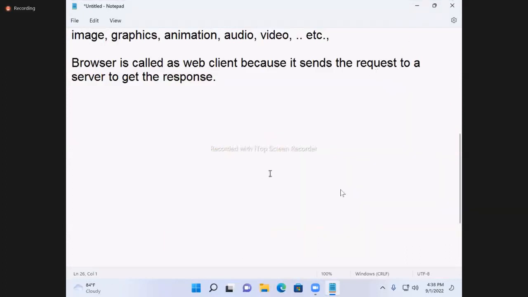But why are we calling the first page the home page? A home symbol also appears on the logo. Generally, you start with the home page. You browse, next you click, next you click, next you click. Somewhere you get confused. Then what can you do? You can click on home, come back to home, and start the journey again from home.